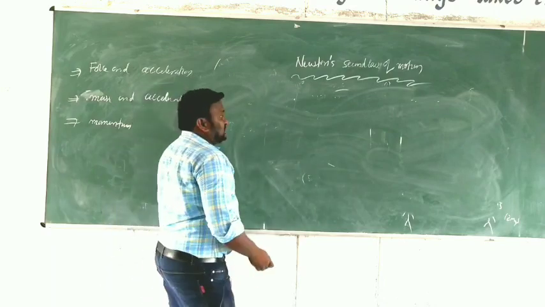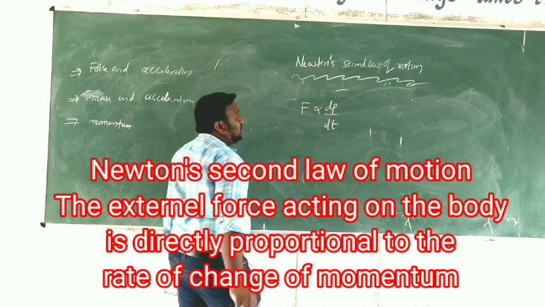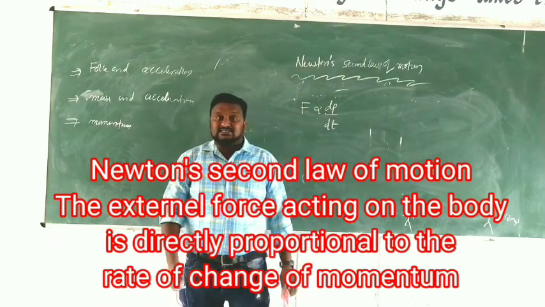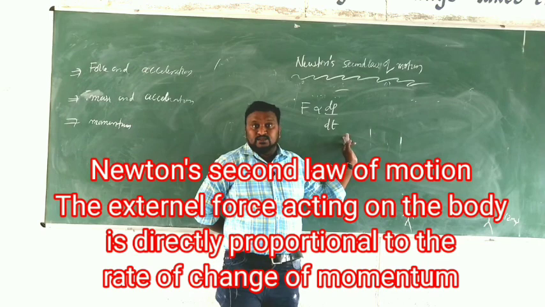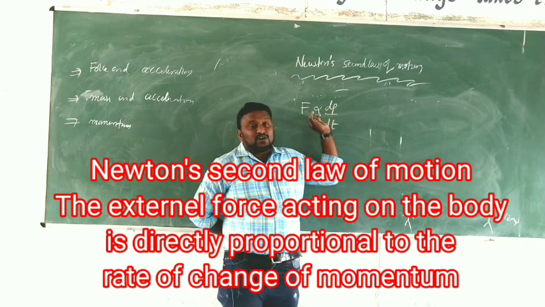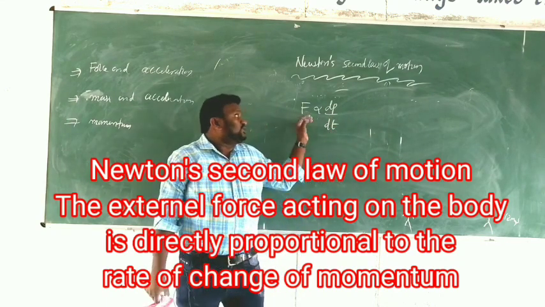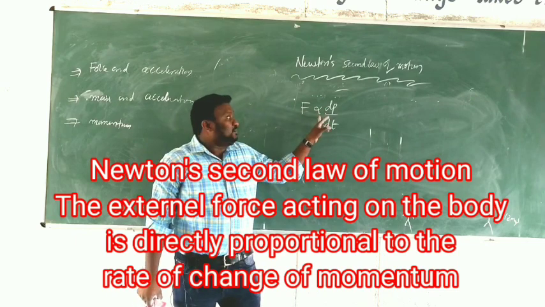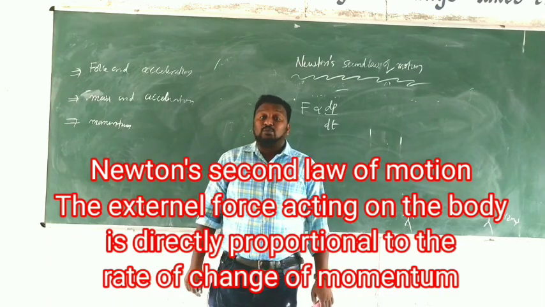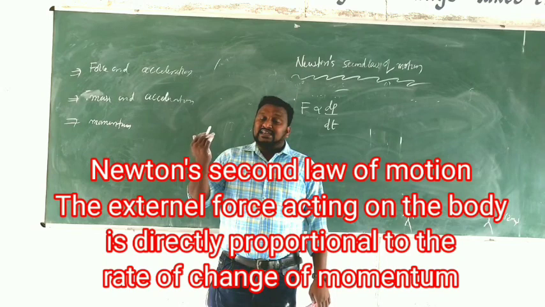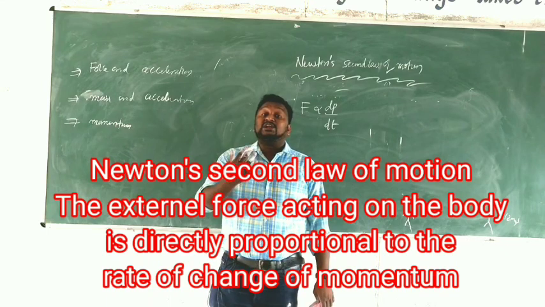Newton's second law of motion can be stated as F is proportional to dP by dt. So F means what? Force. Force acting on the body, or force applied on the body, is directly proportional to the rate of change of momentum. Clear? The external force acting on the body is directly proportional to the rate of change of